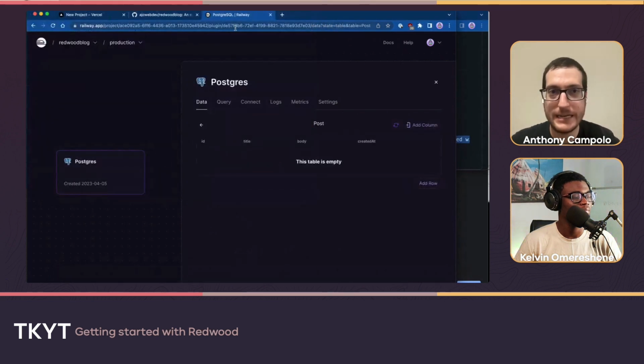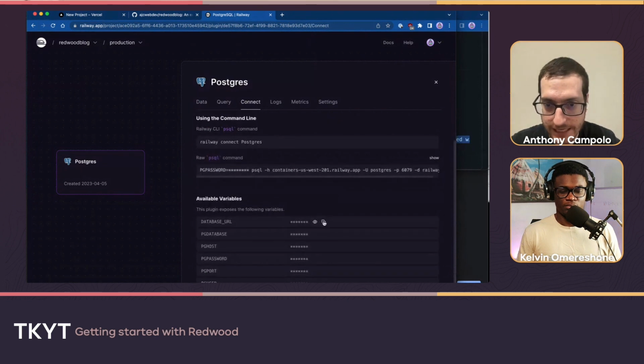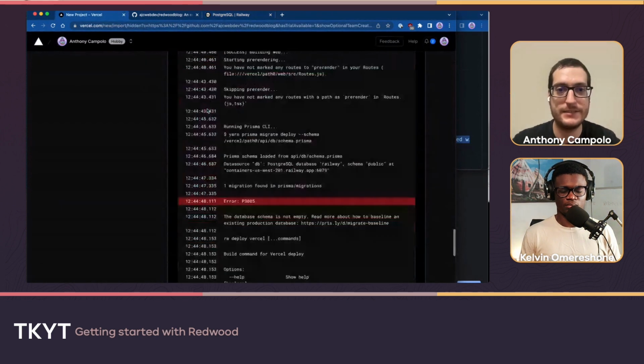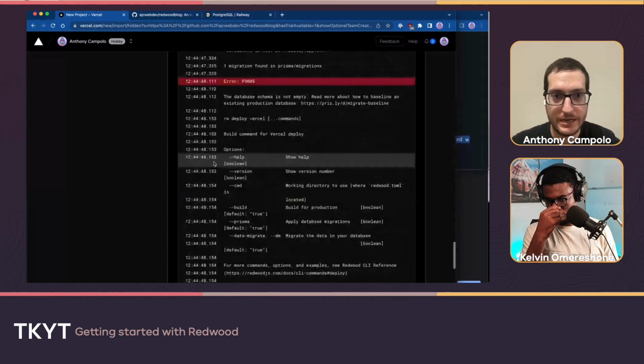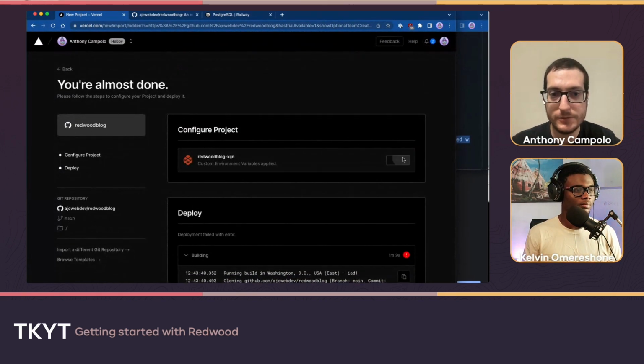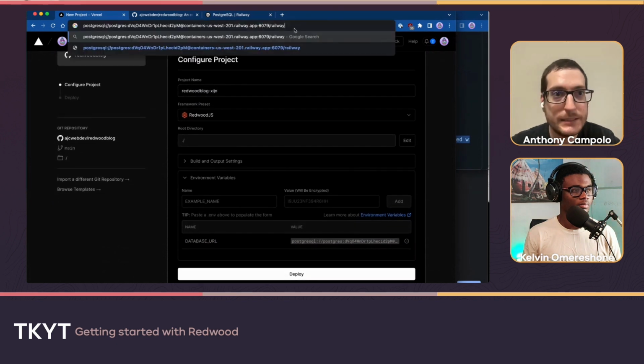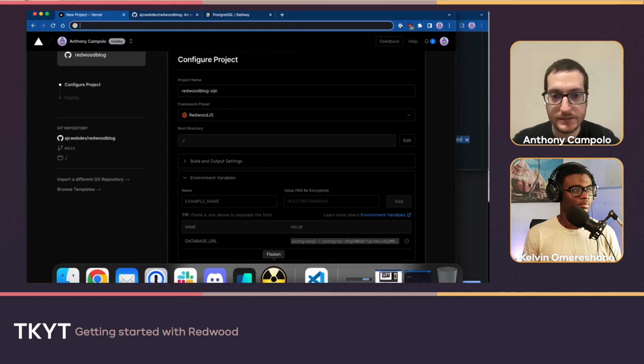Somehow I got out of sync with these databases here. Let me grab this database URL and make sure that is what I'm actually doing here with this environment variable. So is that the same thing? Looks like it's the same thing.